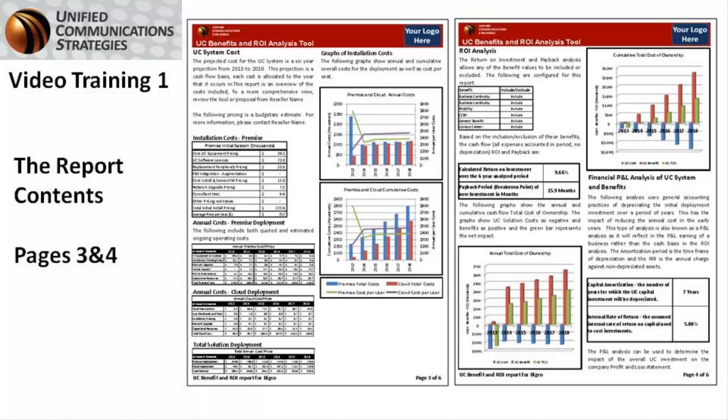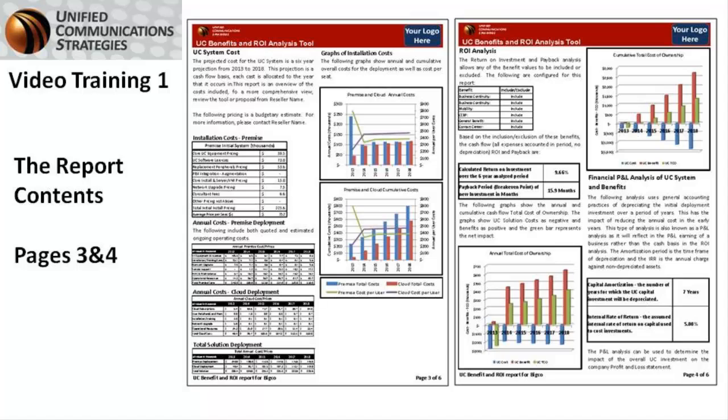You also notice that on the page it calculates the return on investment over the 6-year period at 9.66%, a very good return, and a payback period break even for this investment of 15.9 months. Depending upon the configuration, if this was an augmentation, that typically would be less than 12 months. Remember that this installation, 50% of the users initially are telephony users, so there are no UC benefits associated with